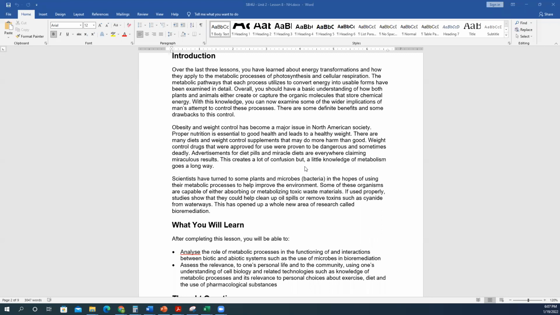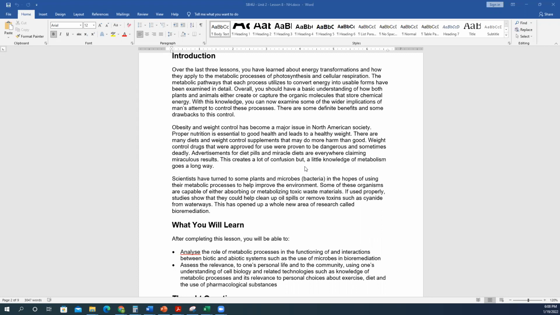Knowing this, we can also examine some of the wider implications of people's attempts to control these processes. There are definitely some benefits and some drawbacks in trying to control them. So the topic that we're going to talk about today has a lot to do with these metabolic processes. We're going to talk about obesity and weight control